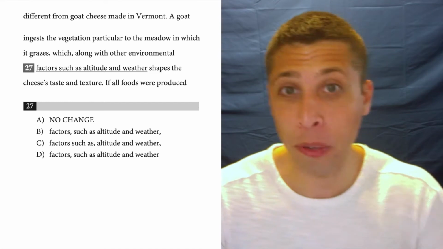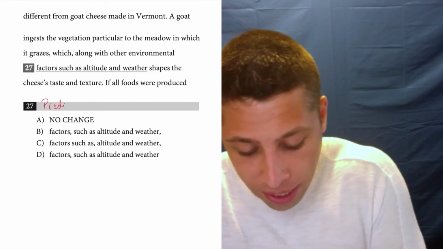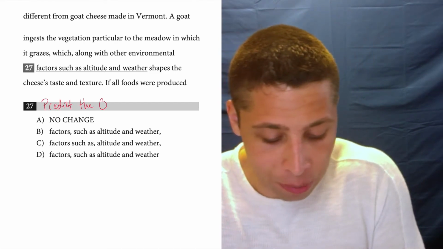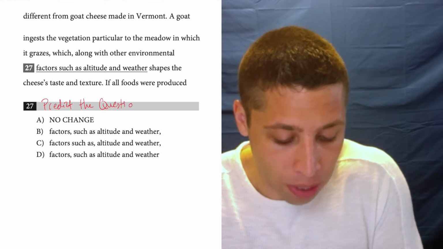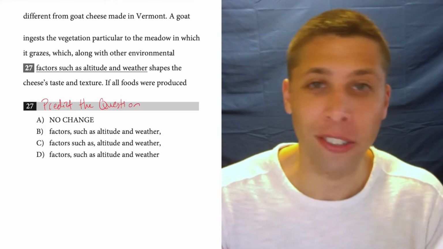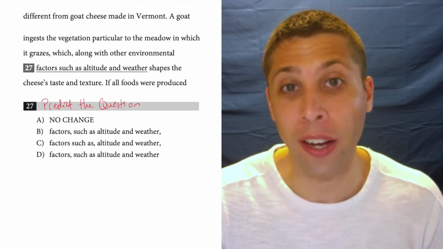We have to predict the question. Use the choices. What do they indicate here? They indicate that we're testing punctuation. That's pretty obvious. But here's a great example where you can't just go with, oh, this word always gets